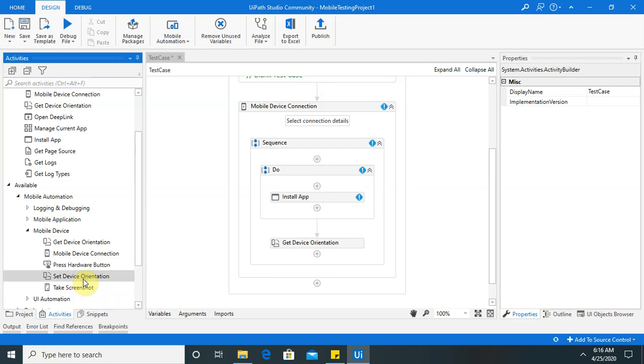If you want to set your mobile device orientation from auto to something else, just like there is a setting option available in the device settings. If you want to rotate your mobile device according to your setting, then you can also do that by using the set mobile orientation feature. So whether it is portrait or auto rotate, you can set it.